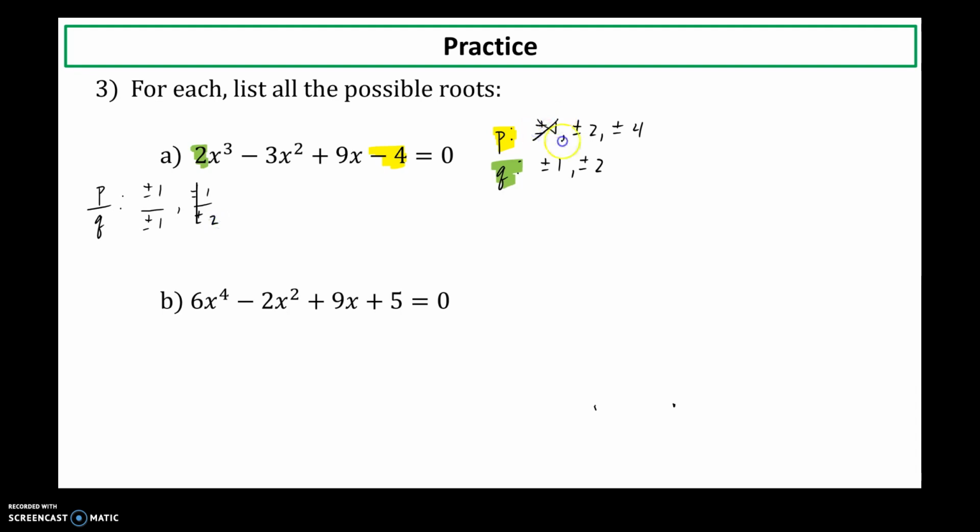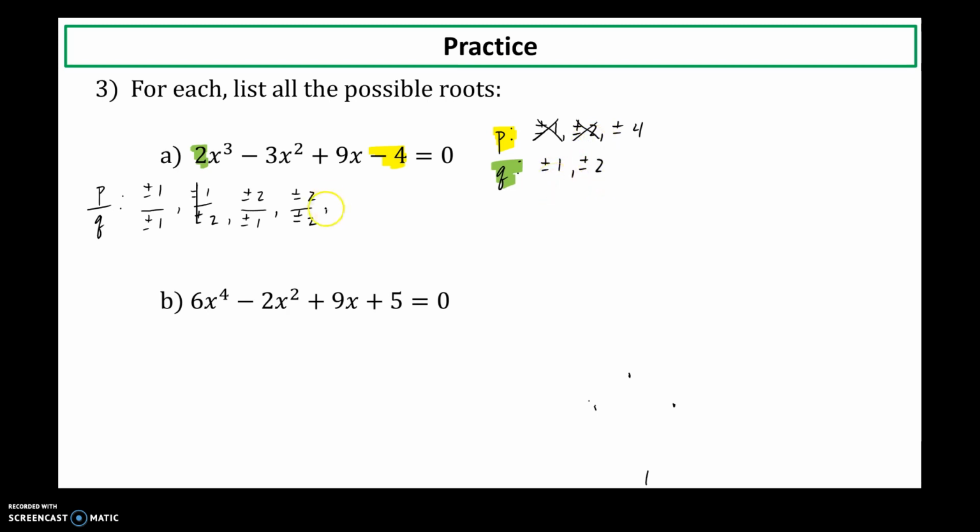Okay, so I've done all the ratios with 1 as my numerator. So now I'm going to move on to 2. So I have plus or minus 2 divided by plus or minus 1, and then I get plus or minus 2 divided by plus or minus 2. So now I've taken the factor of 2 from my constant term and I've divided it by each factor of